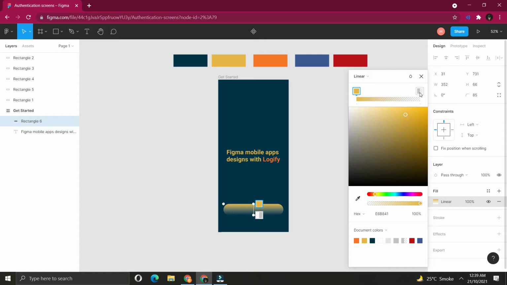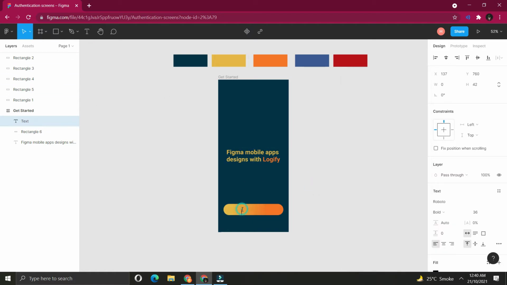For the first, I will choose linear, lighter, and then darker orange, and adjust according to my requirement. I will just slide it down, slide above, so it looks perfect for now.